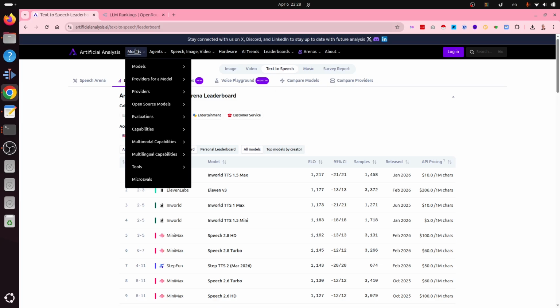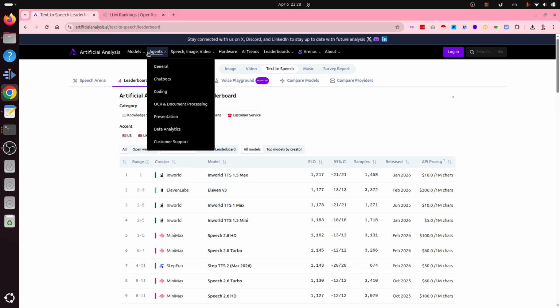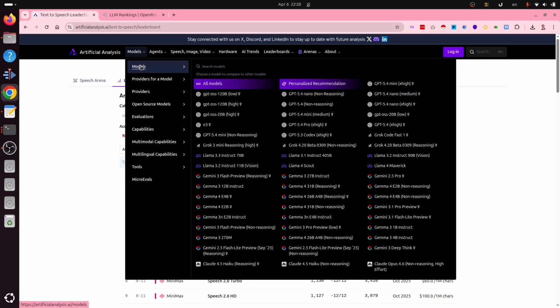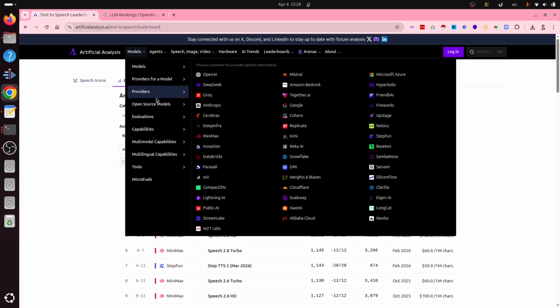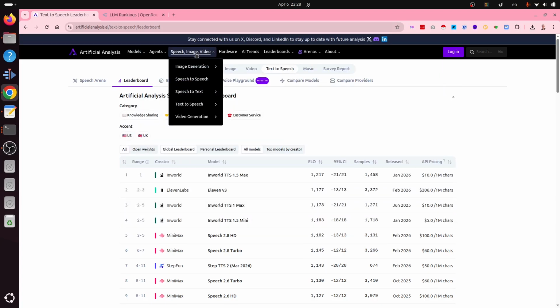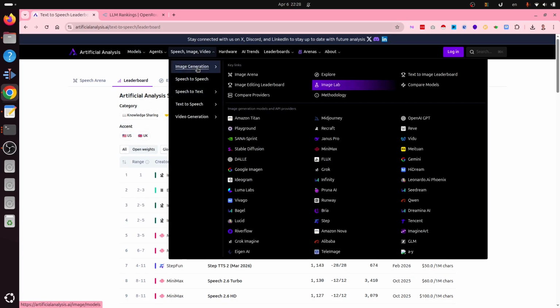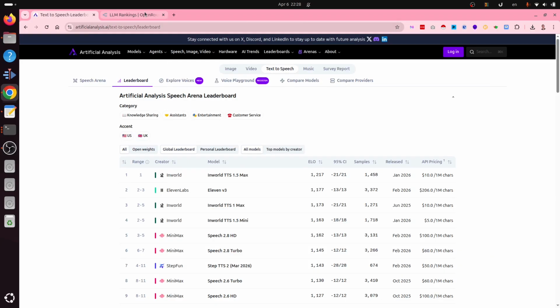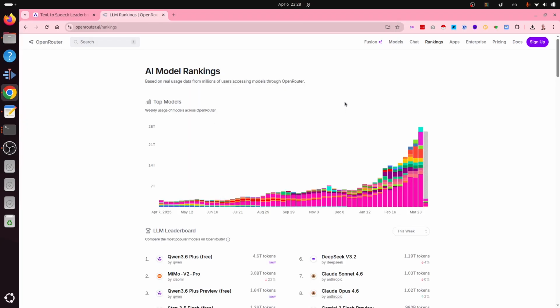There's a lot of data here of different models, different providers, comparison between open source models, as I already said, different types of usage, and it complements very well with the OpenRouter AI model ranking, which I often use. So